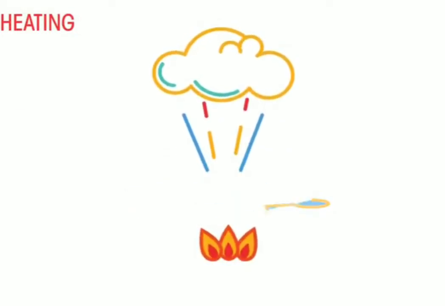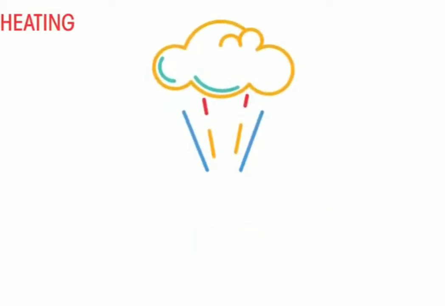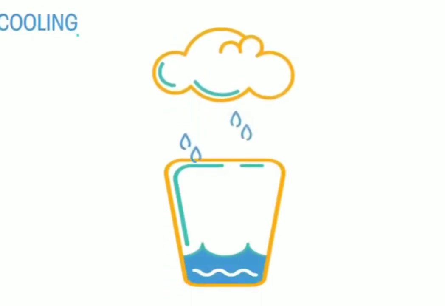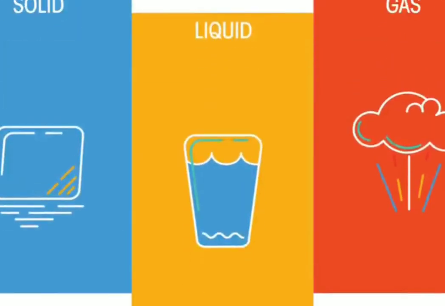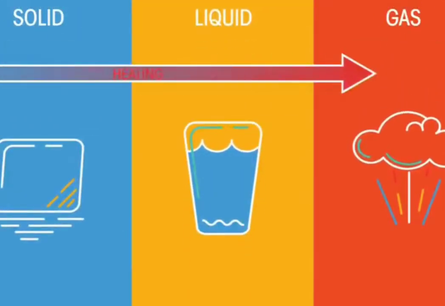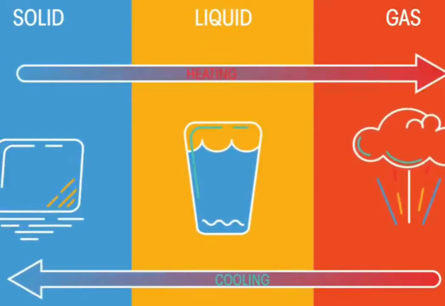When a state change occurs, a substance's properties will also change. Maybe not too surprising. However, if the state change is reversed, the substance will recover the properties it had to begin with. Neat. Matter can transition between the three states when heated or cooled. But why is heat key in all of this?